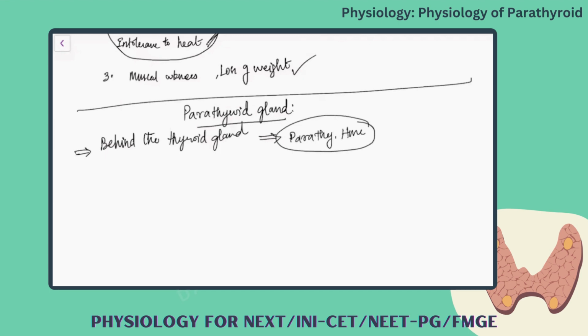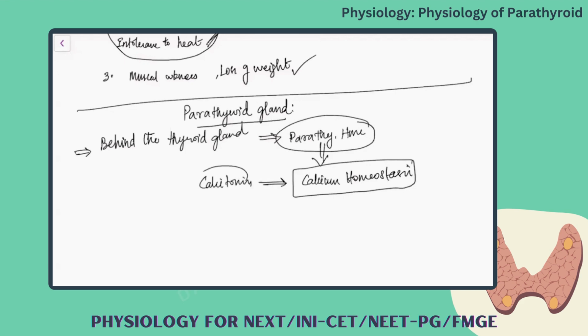So this parathyroid hormone, its main function is in calcium homeostasis. In the sense, it is going to do the regulation of calcium balance in our body, along with the